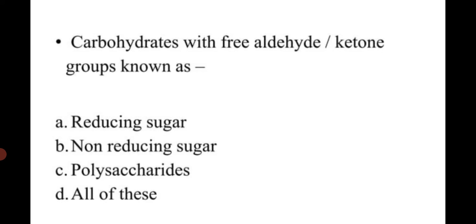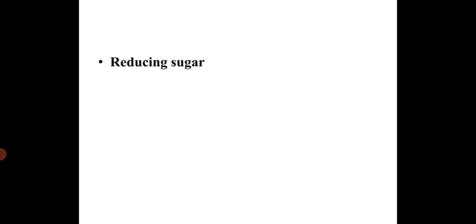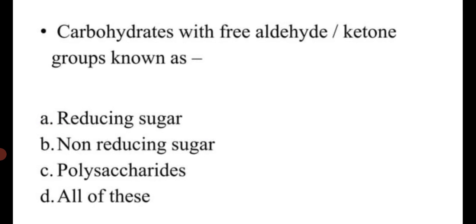Carbohydrate with a free aldehyde or a ketone group is known as what? The answer to this question is option A, that is reducing sugar. A carbohydrate with a free aldehyde or a ketone group is known as a reducing sugar. A reducing sugar is a sugar that has a free aldehyde or a ketone group that can act as a reducing agent,